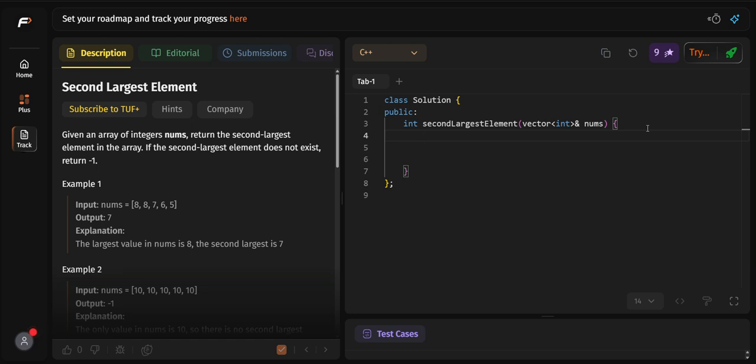Today I am solving second largest element. We are using a better approach because in the previous video I discussed the brute force approach. So let's move on with this question. n is equal to nums.size(). I am computing the size here, and after getting the size, what do I do now? Checking the base condition: if n is smaller than 2, in that case return